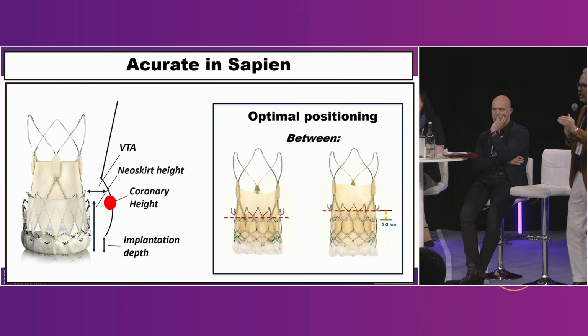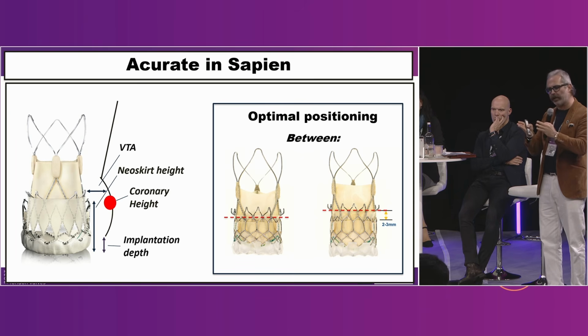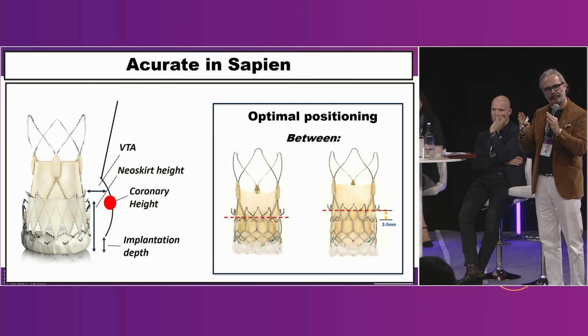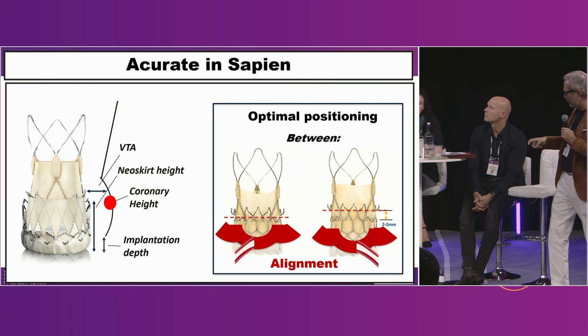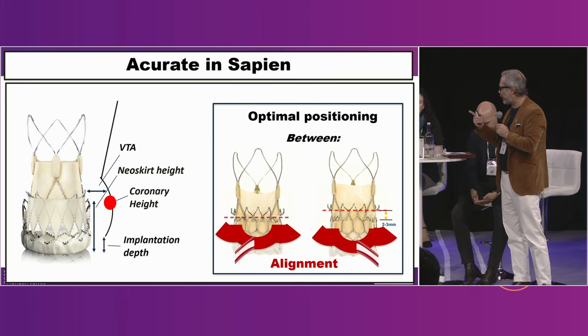Why 2 or 3? Because if you stay 5 to 6, actually you have a billowing of the leaflets in the SAPIEN, and you don't have a clear flip up of the leaflets. So you need to stay maximum at this level to permit the hooks of the ACURATE to stay above and to smash completely the leaflets of the SAPIEN valve. And actually, this is mandatory again, when you go with the ACURATE in SAPIEN, to orientate the ACURATE. This should be a default strategy in case of third intervention.